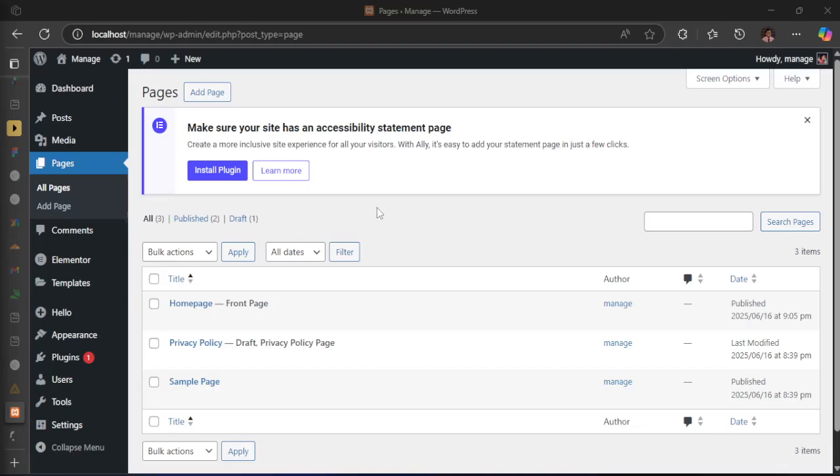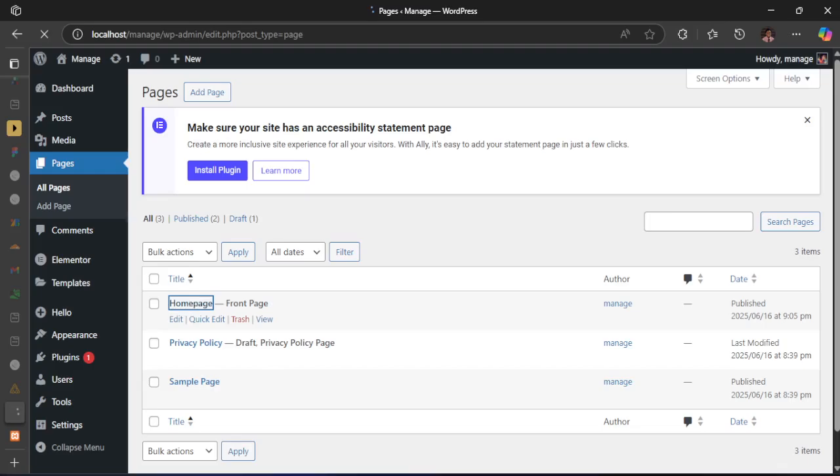All right, so this is our page. What we need to do here is to edit it with Elementor. So you can click on it, or you click on this edit, which is going to take you to that same place where you'll be able to edit with Elementor like that. So let me click on it, and